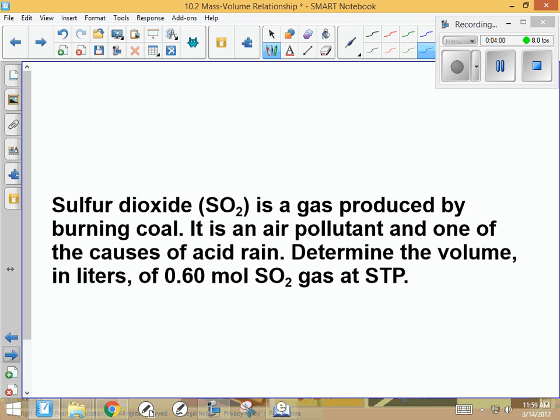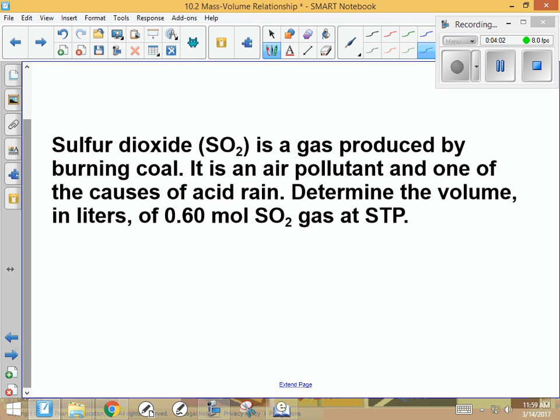Here's a practice problem. 10.7, sulfur dioxide. Indeed it is. Sulfur dioxide is a gas produced by burning coal. It's an air pollutant and one of the causes of acid rain. Determine the volume in liters of 0.6 moles of sulfur dioxide at standard temperature and pressure. Okay? So what we're given is